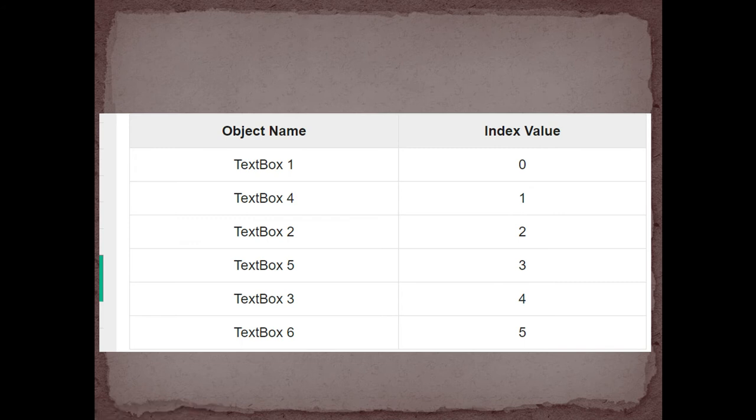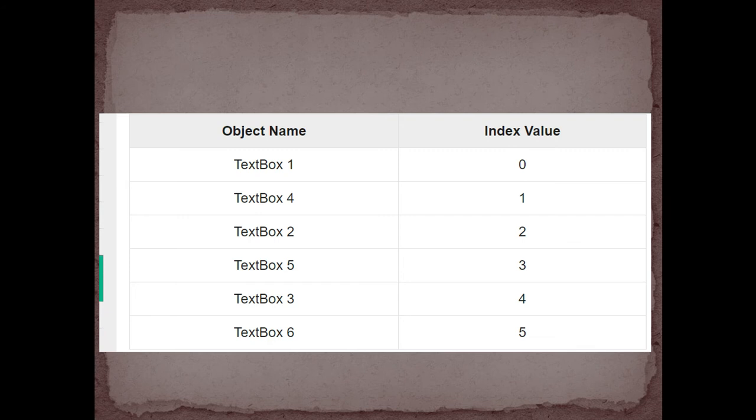If properties and values for objects are identical, and we want UFT to identify that particular element, we can provide three options over there. One, index value. Second, location. Location also works the same. Location 0 means first occurrence of that element. Location 1 means second occurrence of that element, and accordingly we can give the location of it.